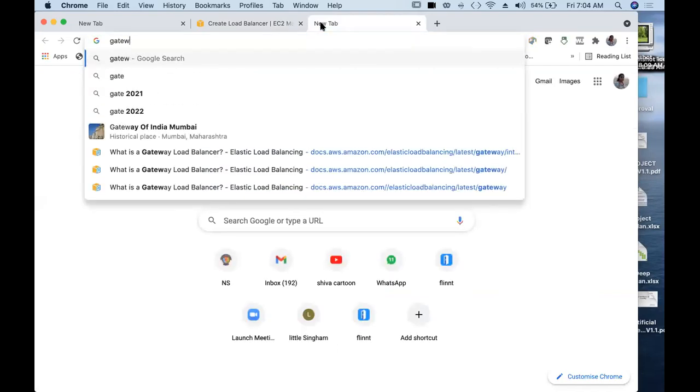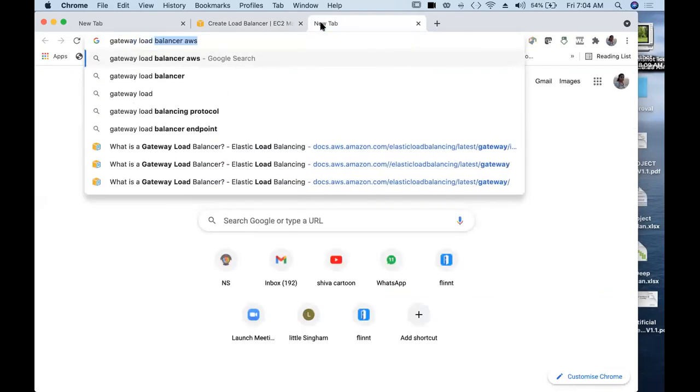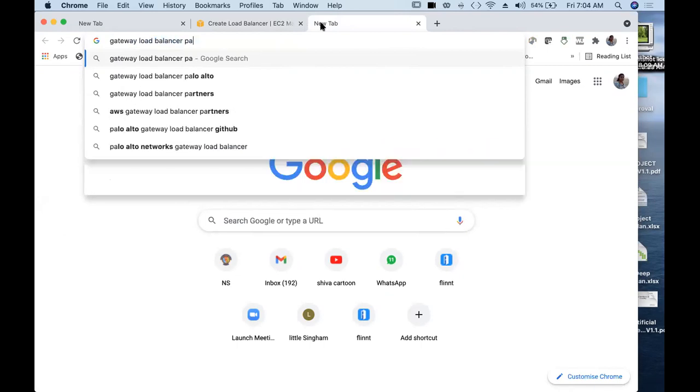Gateway load balancer partners, let's say.